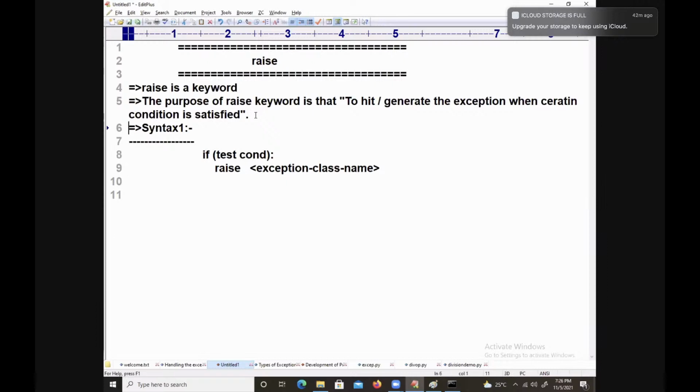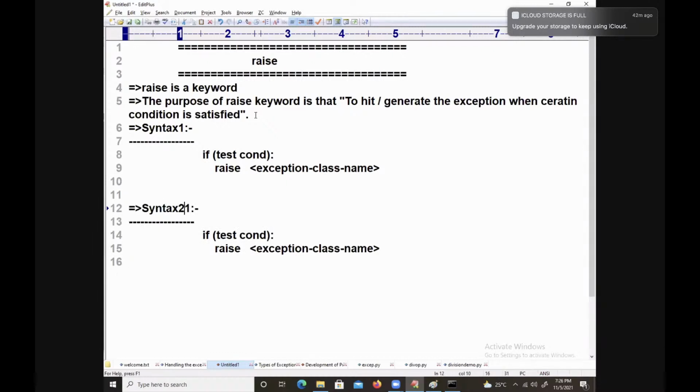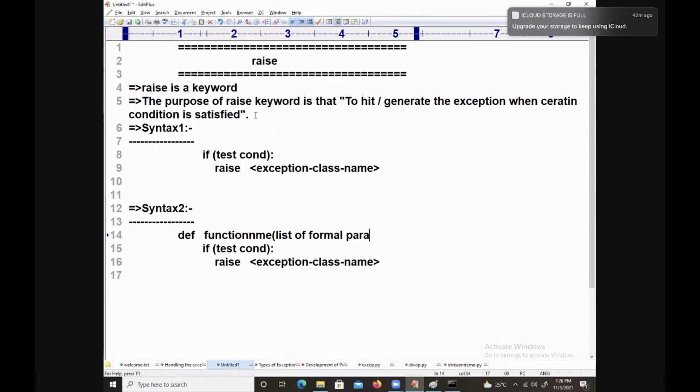Syntax number 2, I will take up. It is just like one syntax. The raise keyword I will use in the method definition: function name, list of formal params, then indentation. If test condition 1, raise exception class name 1.